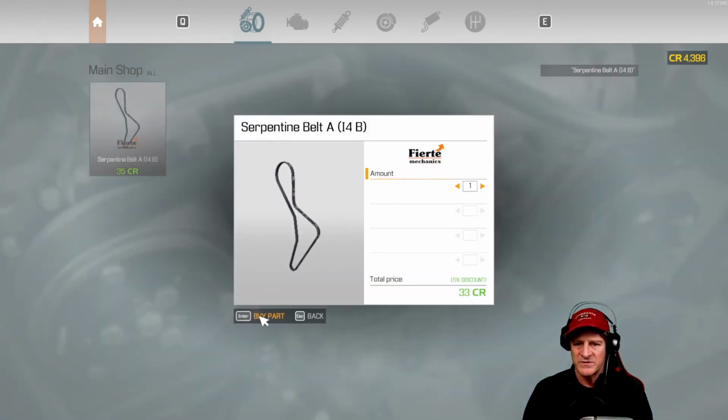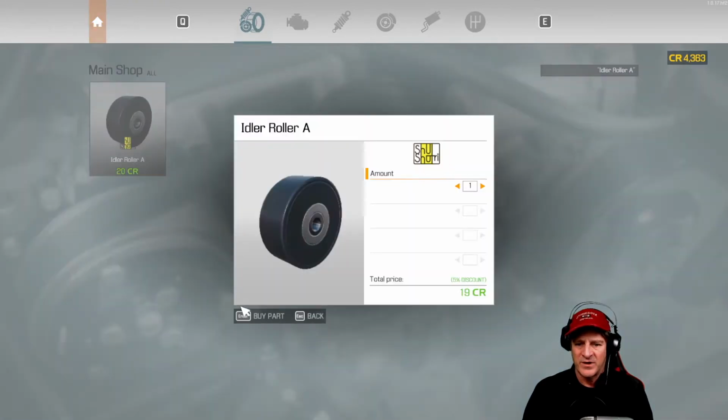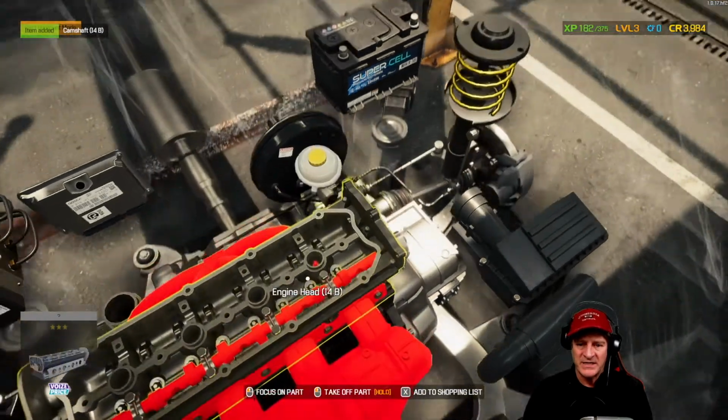One of those. Belt A. Let's get idle roller A. We need one of those. This is a big engine job. This is our first engine job, right? Cam gear. Perfect. We will click there. Buy one of those. And camshaft 1B. Buy that part. Now we should have the 5 parts we need, and we should be able to replace them